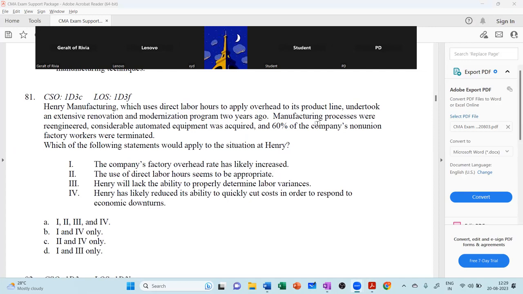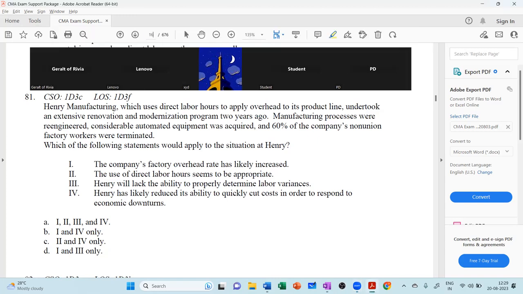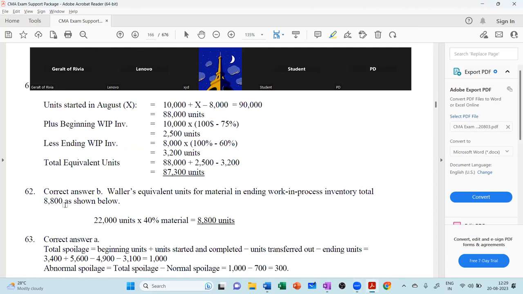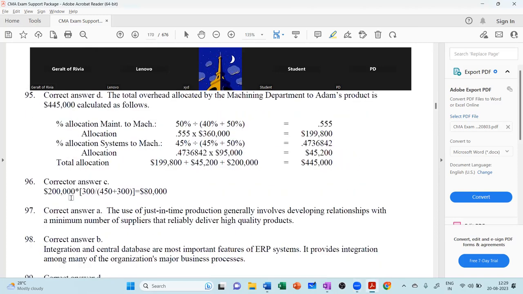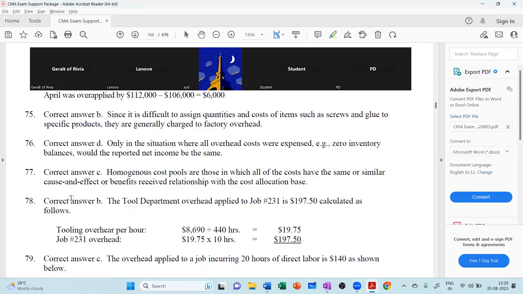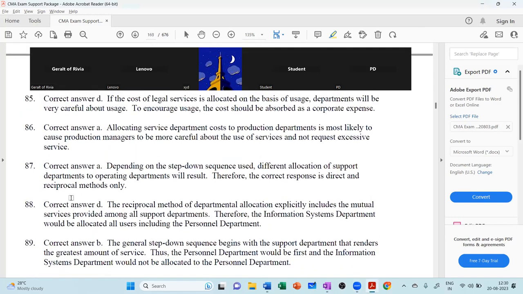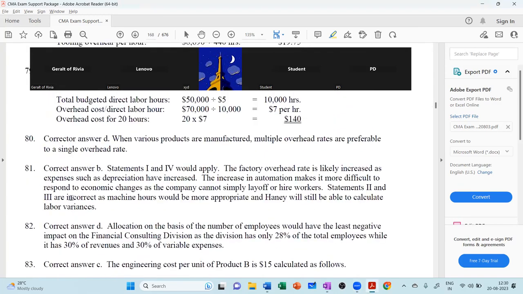I am sending a picture in your WhatsApp group. That's for question number 81. That's the explanation that you should be writing. Let's take a look at what is this 81. Look at what the IMA is giving you. And this is exactly the amount of explanation that they give you in your Baker and Sargent and your Wiley